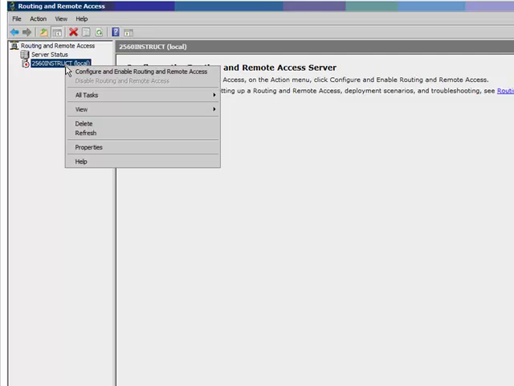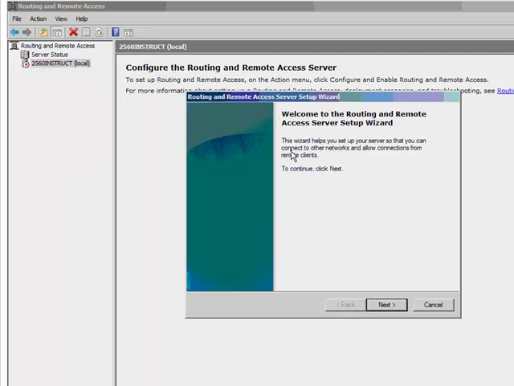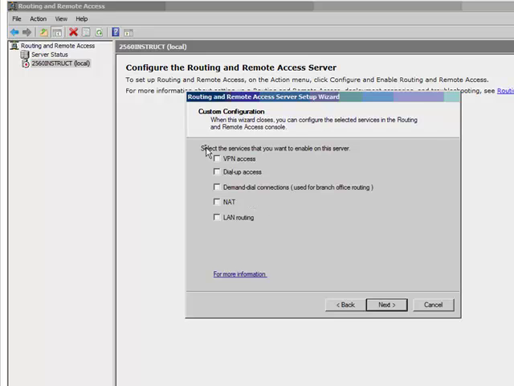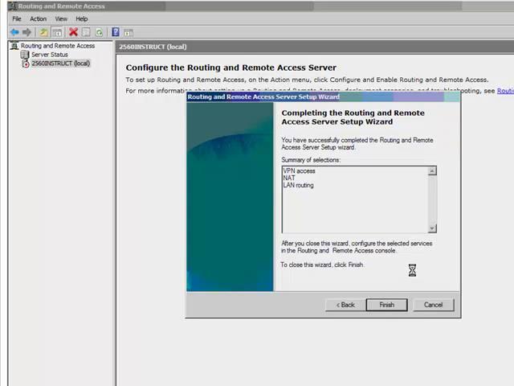I want to go through the configuration of this thing. Configure and enable, so we're going to do both at the same time. And here's where you can do remote access for a VPN, NAT, VPN access and NAT, secure connection between two private networks, or customize. And what you want to do when you do the lab is pick customize, and then we're going to pick VPN access, NAT, and LAN routing, because we want to be able to do each of those activities. Next, finish,